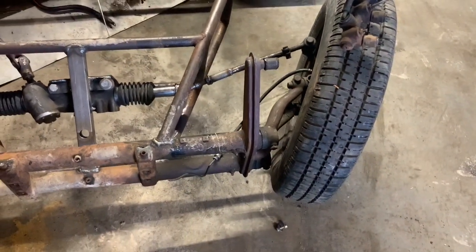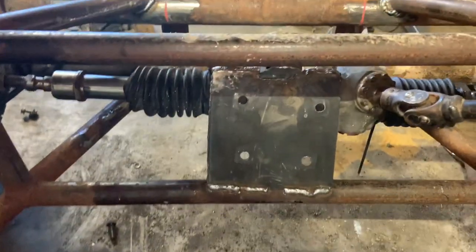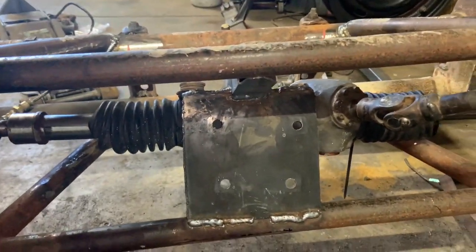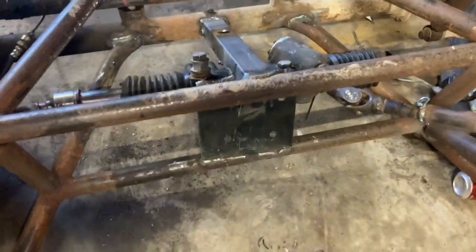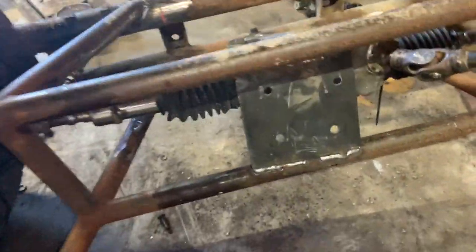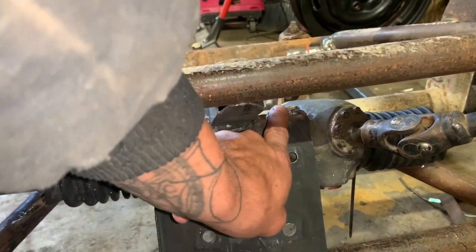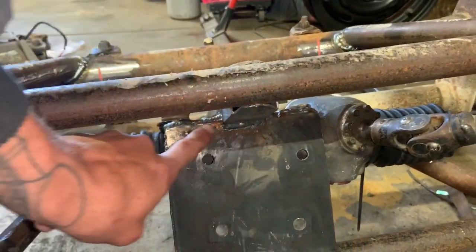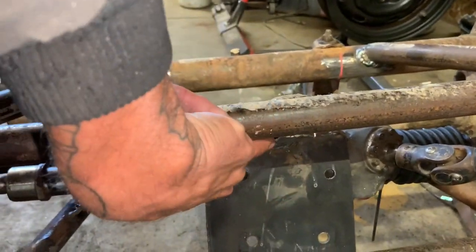And let's see, we've got the mount in here. And then we've got it plated on the back side. That's just an old plate that I had sitting around. But it comes up here to where the bolts go in, and then it's welded all the way across. It's welded up this tube, and I've got to weld this back here